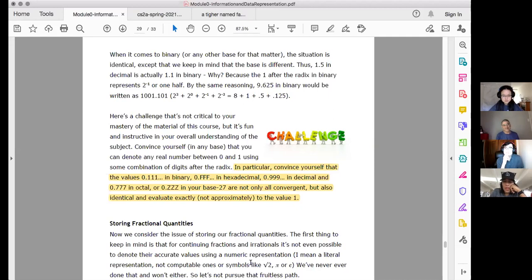Oh yeah. All right. So it's not directly computer science, it's more number theory, I guess. Well, not even, it's just mathematics. It's not directly related to what we're doing here, but essentially, if you take any radix, any base, right, base 10. Suppose someone claims that 0.999999 is not only convergent, meaning it's arbitrarily close to 1, they claim it is actually exactly equal to 1. That's a phenomenal claim, isn't it?